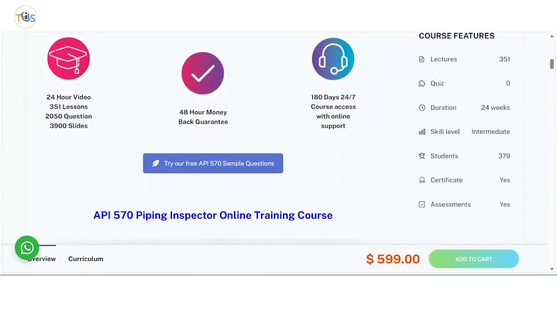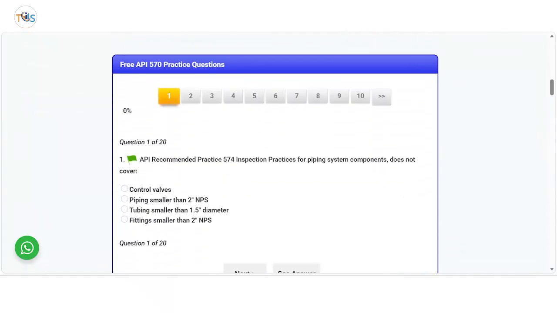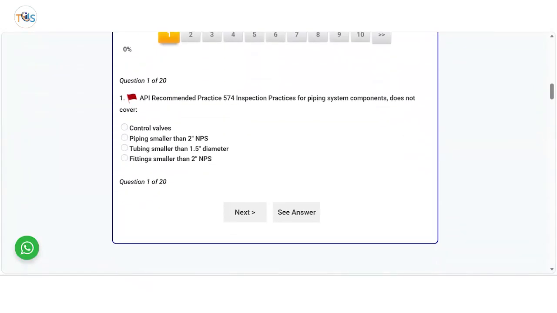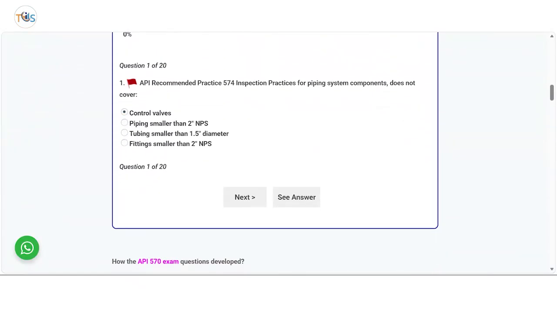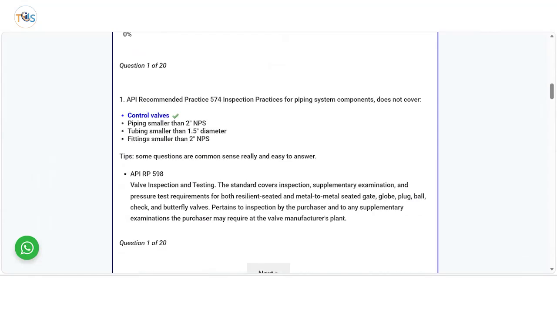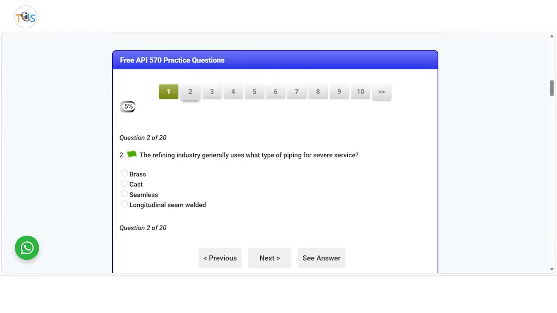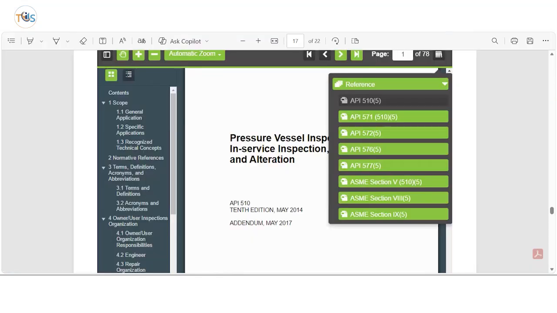our quiz. You can try our free quiz here, and there are also free lessons. It can be flagged off, and then you can see the answer or go to next. Now I would like to see the answer, whether it is the right answer, and it tells you why it is the right answer, and you can go to next. All our questions are timed. Okay, back to